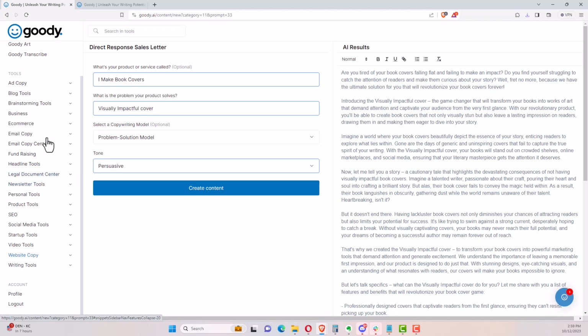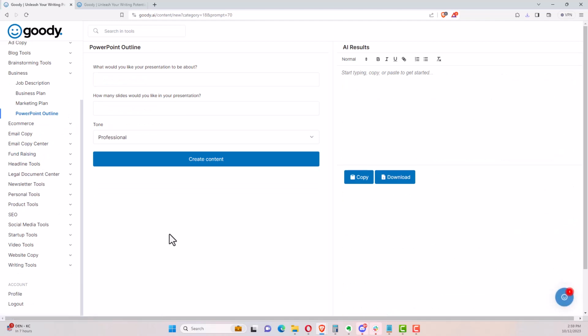So another one, business tools here. Under business, we have a PowerPoint outline. So if you've done any webinars or videos where you've recorded a PowerPoint, and I've done that many times, whether you're creating it for a sales letter, for an information product, or you're just trying to get that point across. So we're going to say, what would you like your presentation to be about? Let's say getting the right information